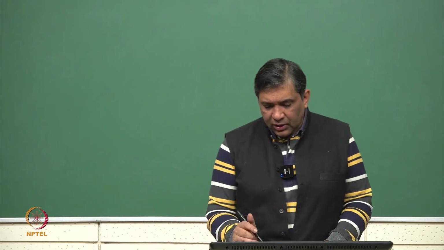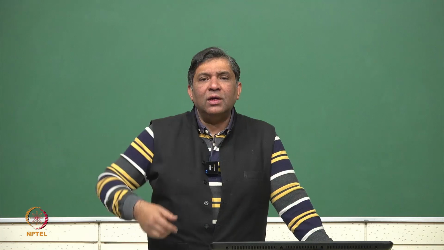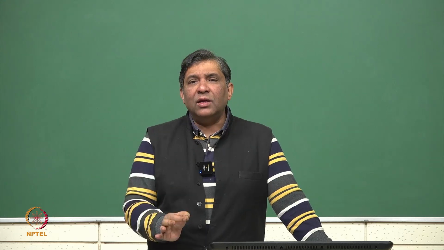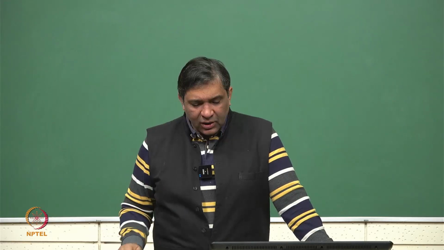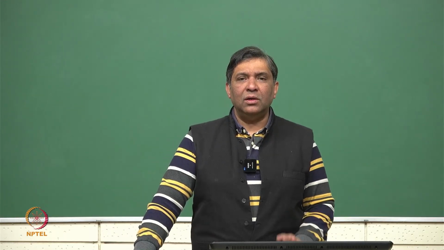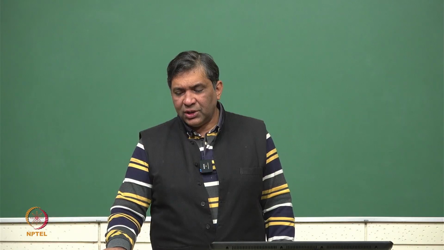And the third point is better electrical transport in this direction, because they are all nanorods which are forming. You know that an electron flowing through the circuit, if there is a plane and there is a rod, will always find the easy path in the rod, and therefore it gives better electrical transport. Okay. So, we go now to the next question.